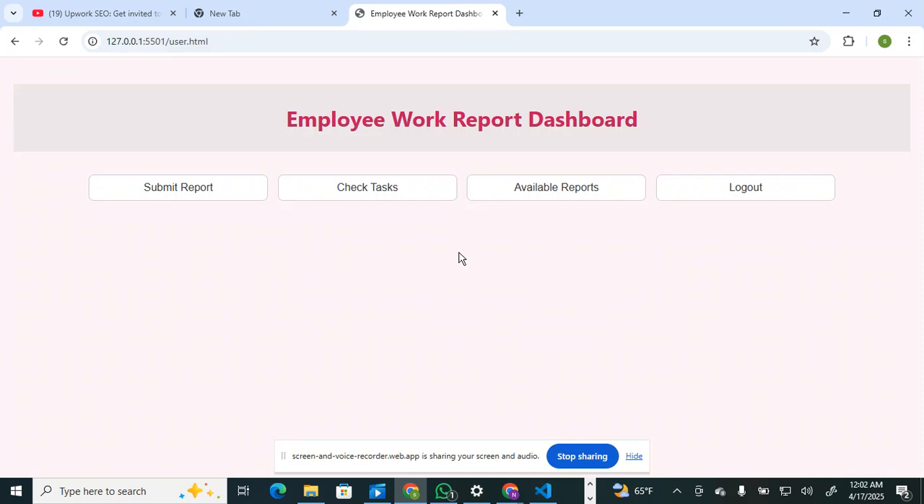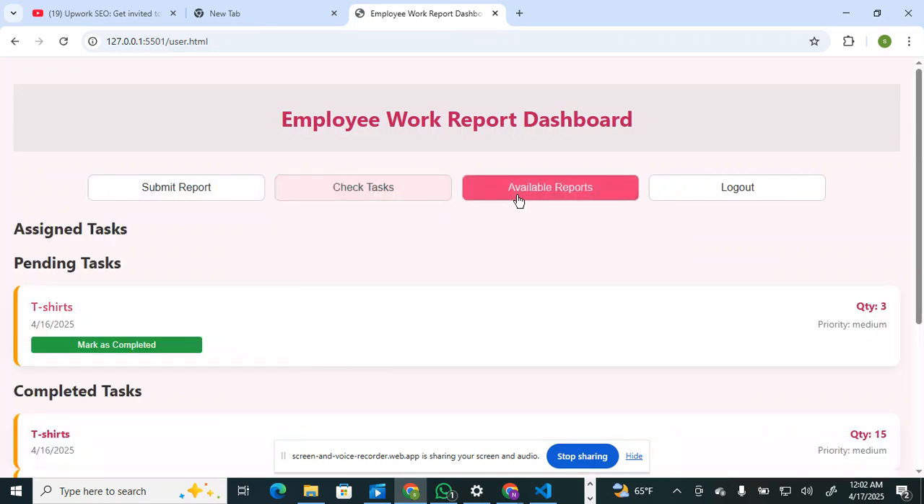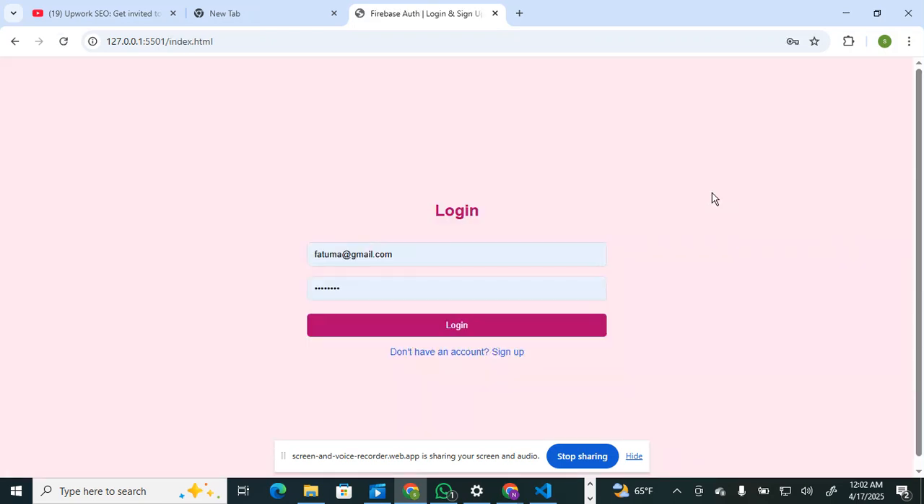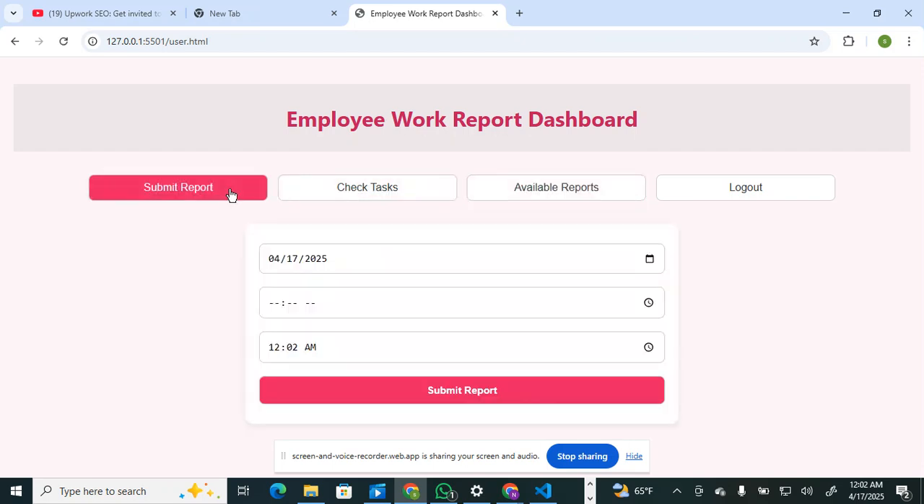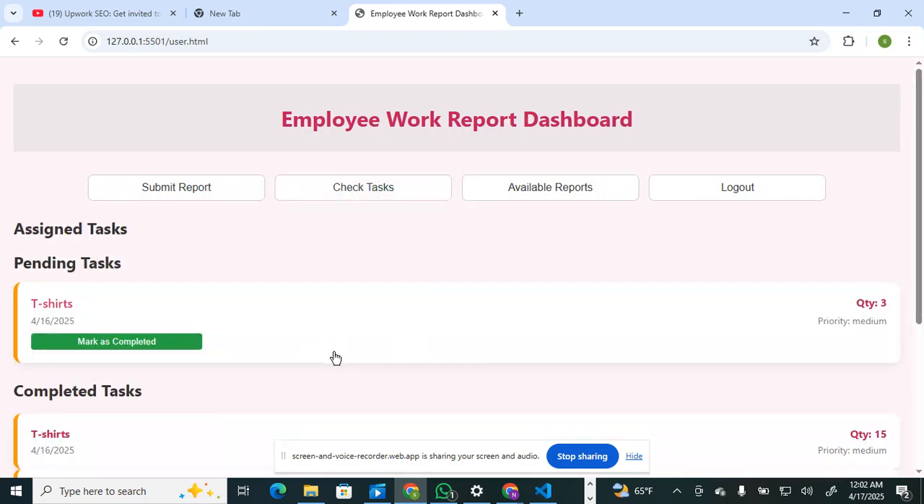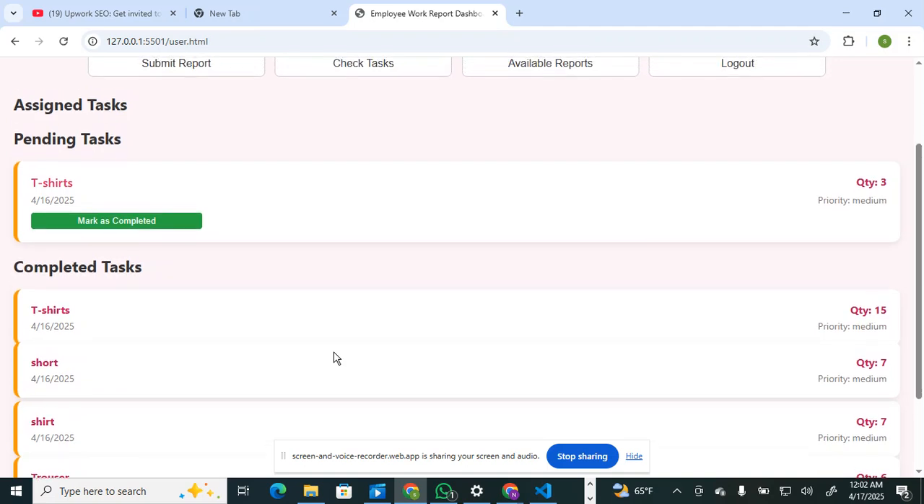So, what is happening here? You can see submit a report. You can check the tasks available, the available reports. You can log out and all. You can log in. Perfect. Yeah. So the reports, the tasks that were supposed to be there, they're supposed to be